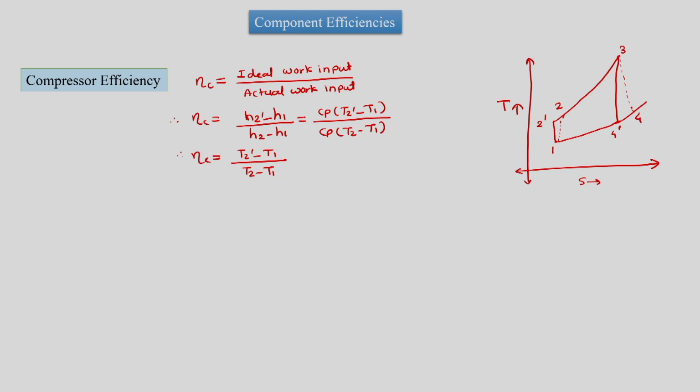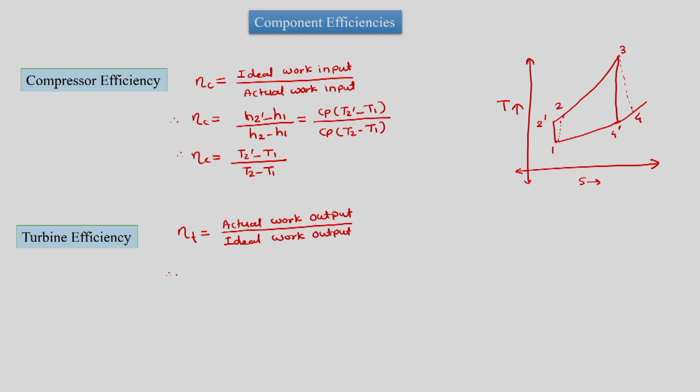Having said this, we will move towards the next component, which is the turbine, and again we are considering it to be a real turbine, and its efficiency is eta T, the isentropic efficiency of the turbine. The turbine is a work producing machine, so ideally it will produce more work than the actual case. Actually, it is going to produce lower work. So we have actual work output in the numerator and ideal work output in the denominator.